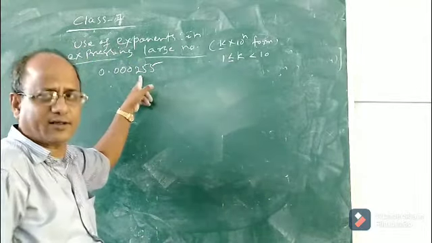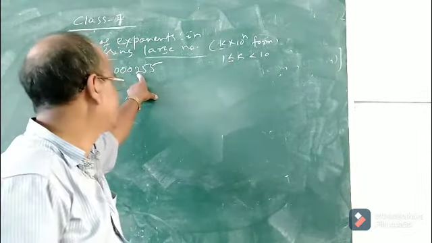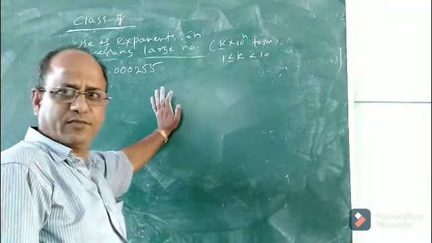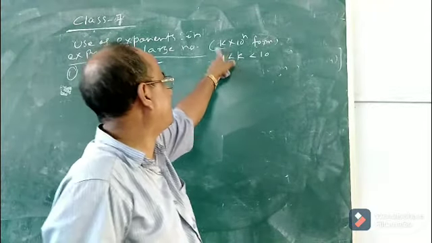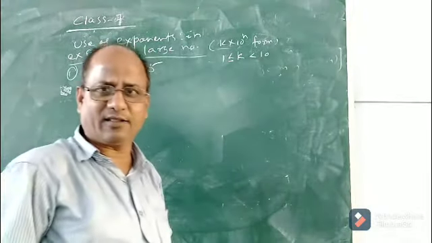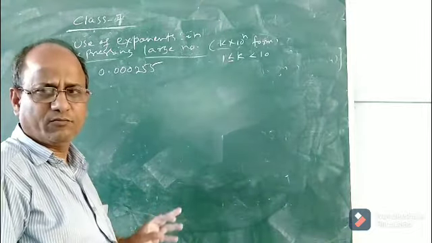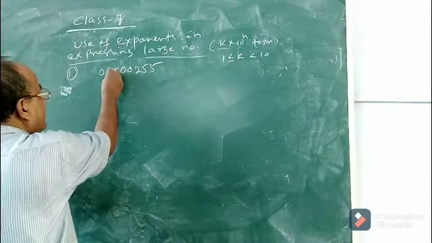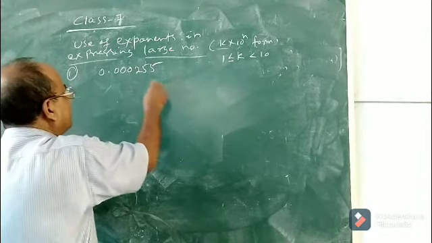See, let us consider one more example and I am sure you will understand this thing better now. Suppose you are given a number 0.000255. It is clearly not in this form because in order that this number will be in this form k into 10 to the power n, the value of k must be less than 10 and greater than or equal to 1. But here we cannot say what is the value of k. Now how to express it in this form? What is the process? The first step is, you see children, first you look at this point will be shifted to which place, where and how many places.